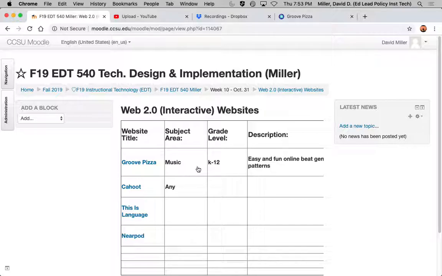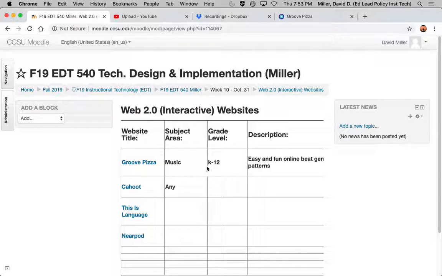But there are literally, as you saw on those pages, thousands of sites out there that would fall under this name Web 2.0 or the interactive web. And a lot of it has an educational focus, because that's where a lot of this stuff is being used. So the ability to go in and pull a piece of interactive content directly from the web, particularly if your school's a Chromebook school, because that's about the only way you can run software is if it is web-based, would give you a lot of additional functionality.